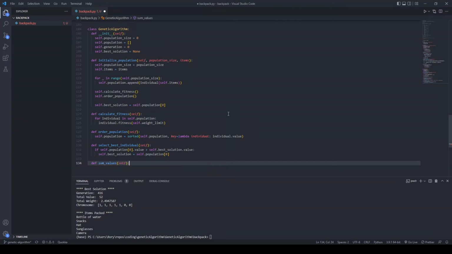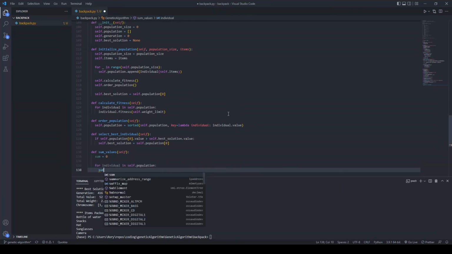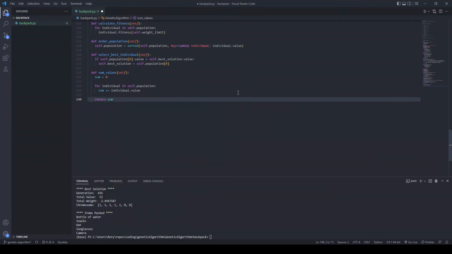What this method is going to do is sum up all of the values of the individuals within our population. So sum plus equals individual dot value, and return the sum. We're going to use this in a second in our next